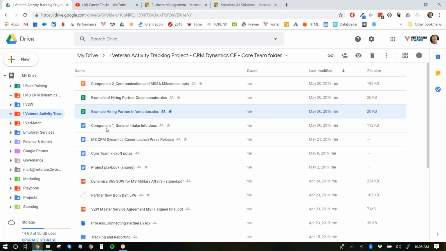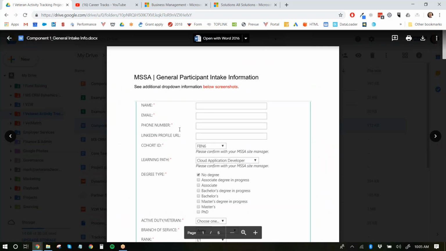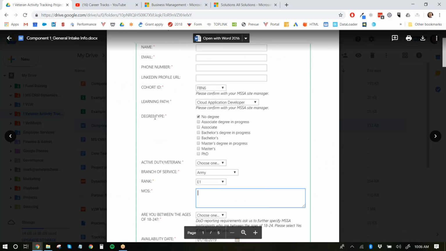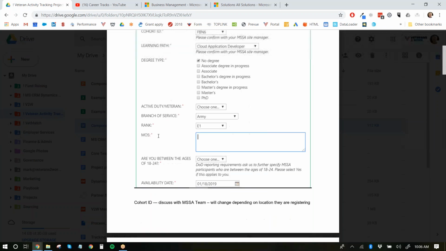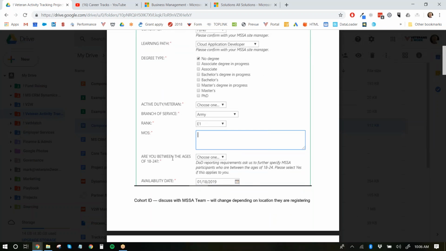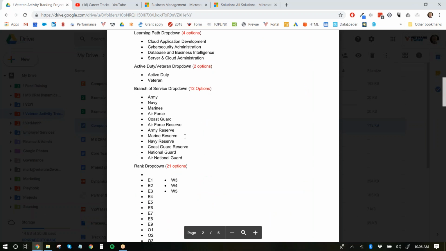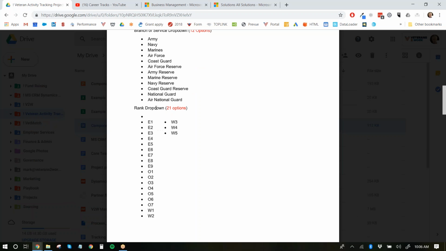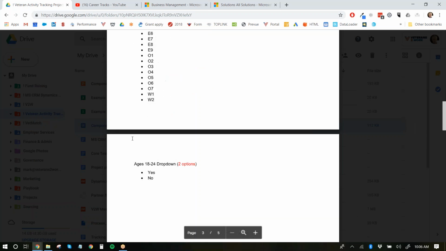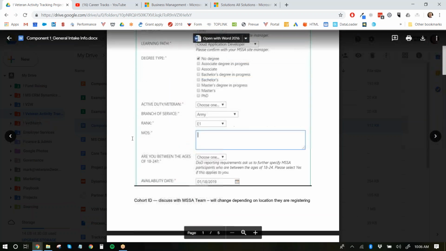Okay, so anyway, for everybody, I basically started with this information, right? This is the participant intake. You're going to have these kinds of fields. Where these were not available already, I created some custom fields, for example, branch of service. That doesn't come standard with Microsoft Dynamics, nor do ranks,